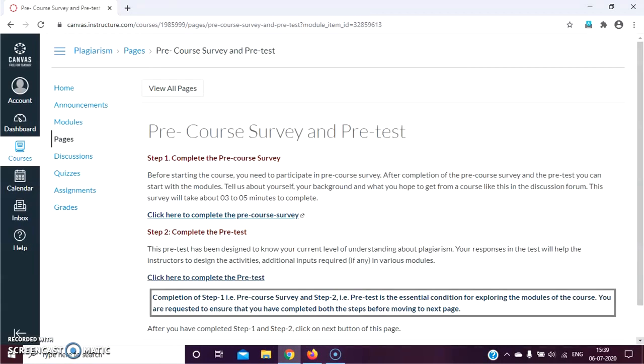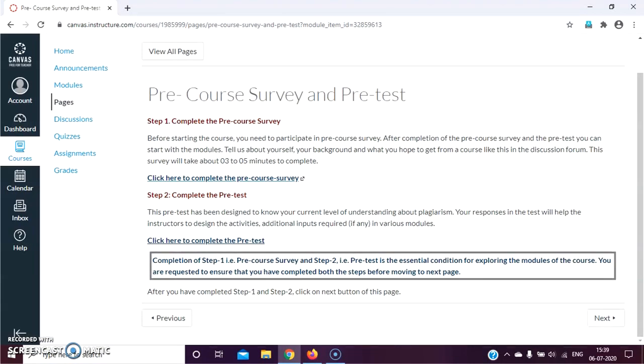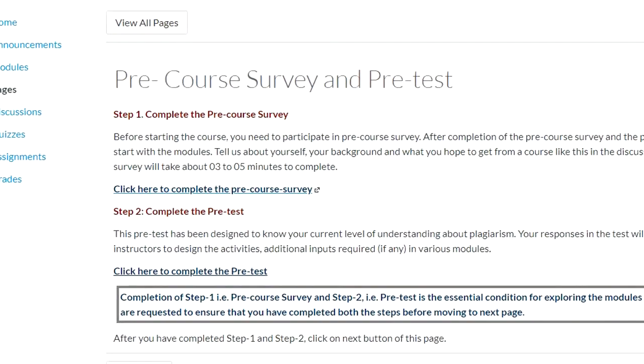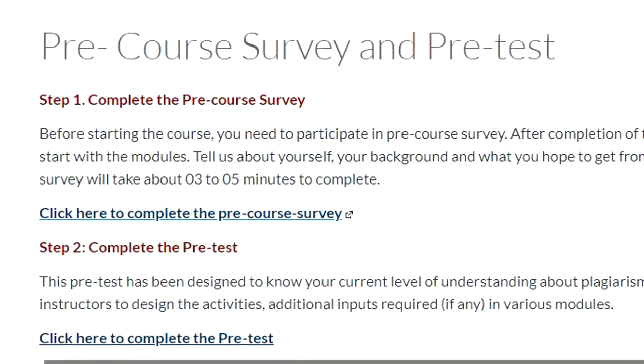the page will display the links for pre-course survey and pre-test. Please note that completion of pre-course survey and pre-test is the essential condition for exploring the modules of the course. Please note that the links for pre-course survey and pre-test will remain open only up to July 15th.